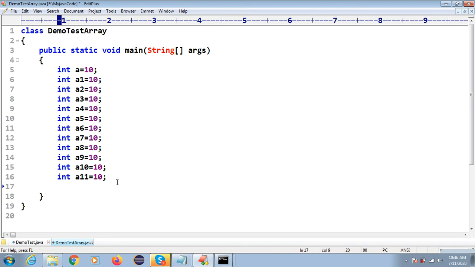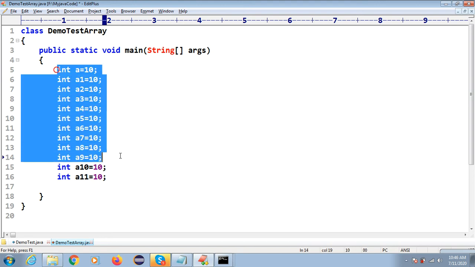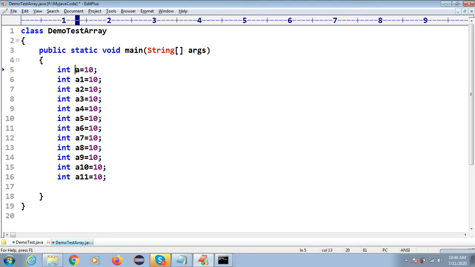So why is an array required? In the array concept, we have to store multiple data or multiple elements. If I want to store 10 variables, then I need to write 10 or 11 variables.